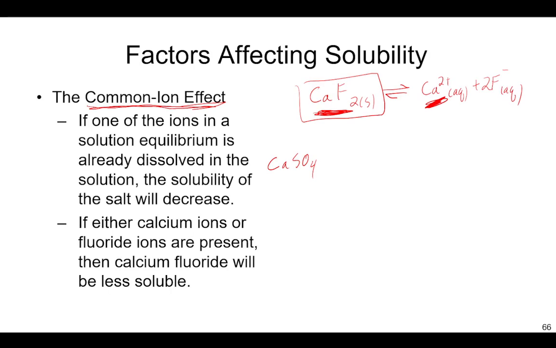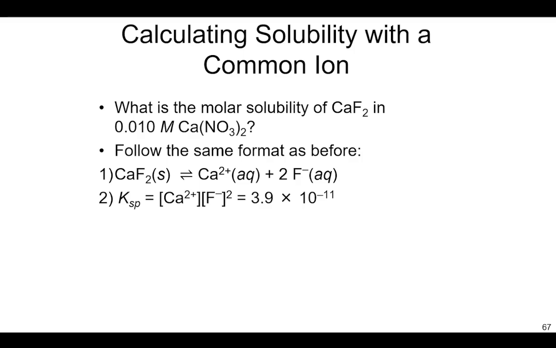But there might be more complicated solutions, like calcium fluoride in a 0.010 molar solution of calcium nitrate. How much calcium fluoride fits now? We're just following the same format we've been doing with the one wrinkle of changing the initial concentration of that common ion in our ICE chart. So we have the same reaction. We have the same expression for Ksp, only now